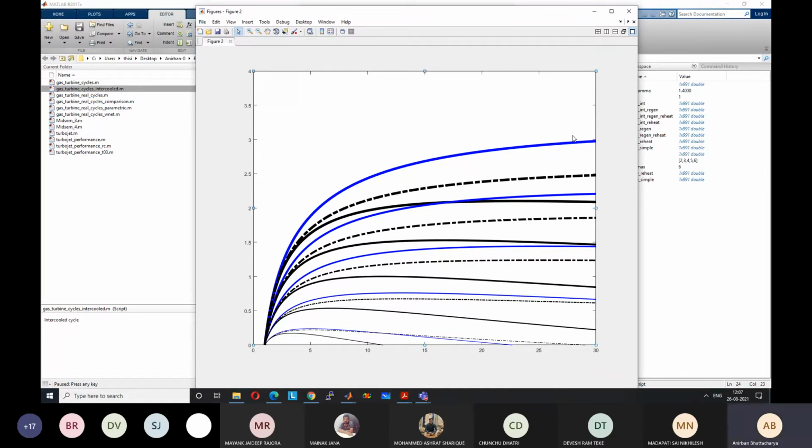And finally, that of reheating plus intercooling, which should give us the highest efficiency. Highest work output. Even with regeneration, the work output remains the same. So we expect that the work output should be highest. So this we will show by blue dotted line. T equal to 2, thin blue dotted line. T equal to 3, T equal to 4, T equal to 5, and T equal to 6. And this gets us the highest work output among all the cycles.